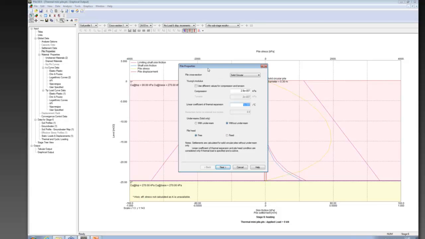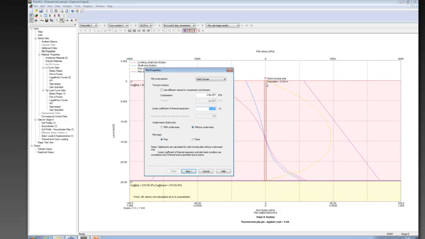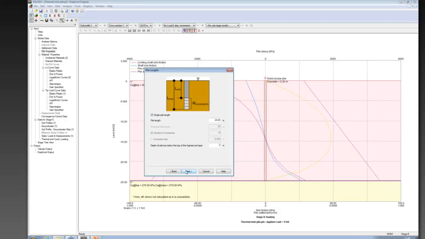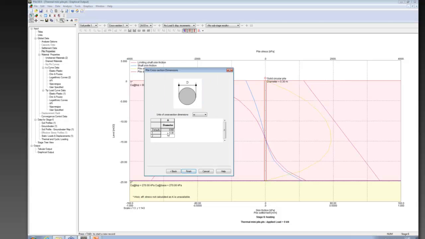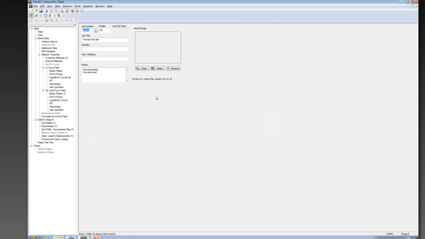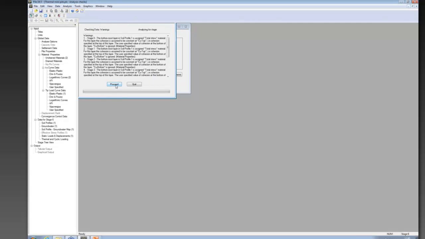So in this analysis that I just showed you, we assumed that the pile head was free to move up or down, without any limitation from surrounding piles or pile caps or overhead structure. And if we wanted to change that to a fixed head, then that would affect our results. And I'll just show you the effect of that briefly. So this is the 300 millimeter diameter pile, and if we